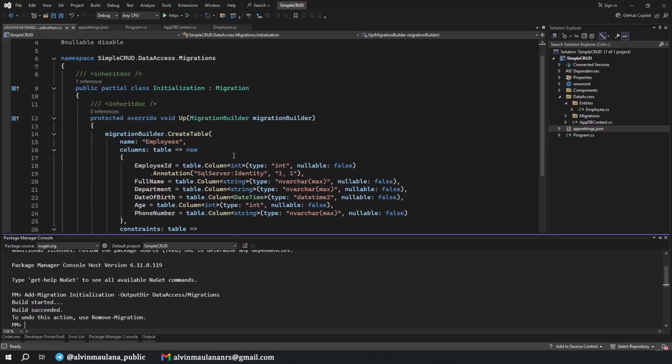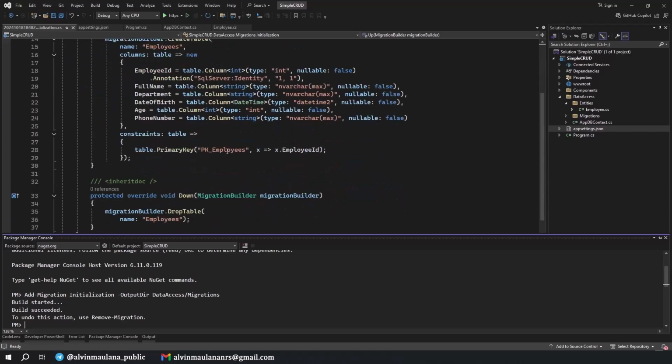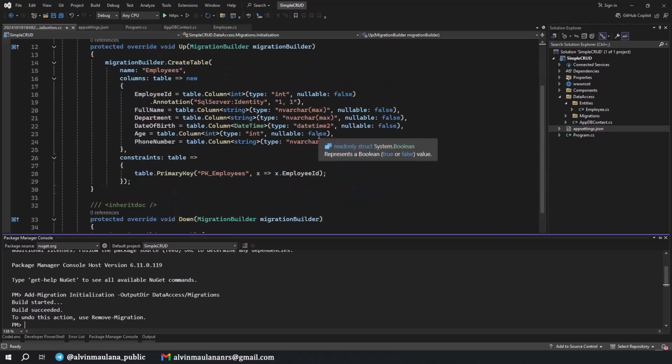If you are not familiar with this kind of thing, this is Entity Framework Code First. In Entity Framework Code First, anything we want to do in our database, we do it from code. Like this, we are creating a table with this description of columns, all we define from our code in here.